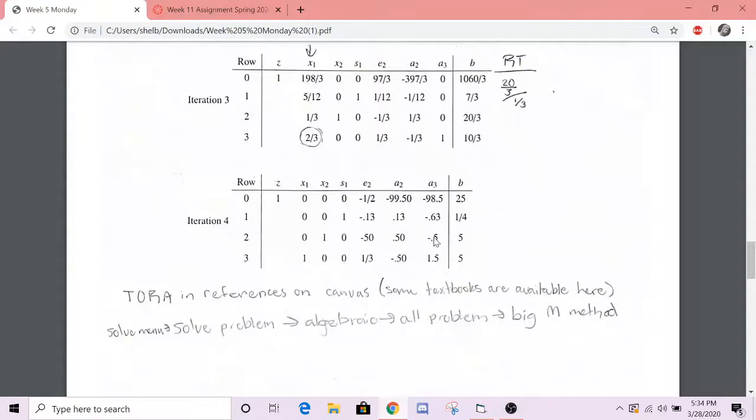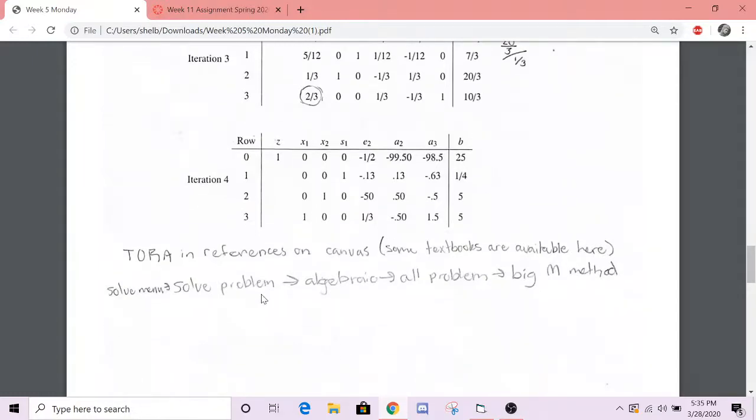This is optimal, and it's saying that Z is going to be 25 when x1 is equal to 5, x2 is equal to 5, and s1 is equal to 1/4. And you can go through this